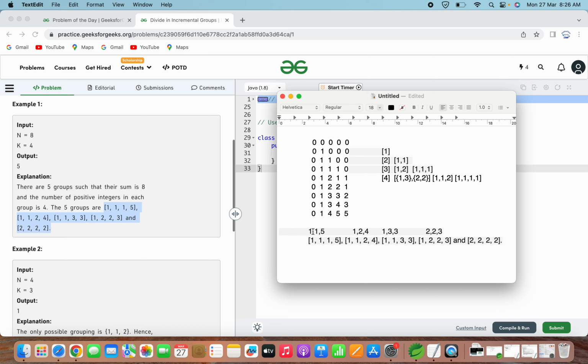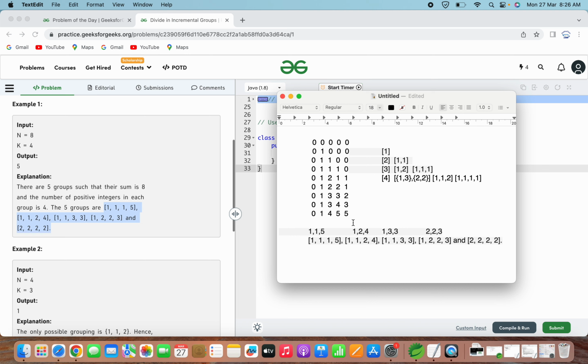So if to 115 we add 1 extra, in 124 we add 1 extra, 133 we add 1 extra, 223 we add 1 extra, and this was one thing. And another, we got one new option, 2222. I hope this is clear.